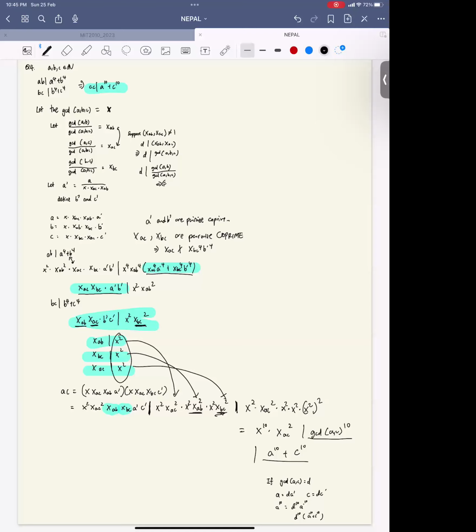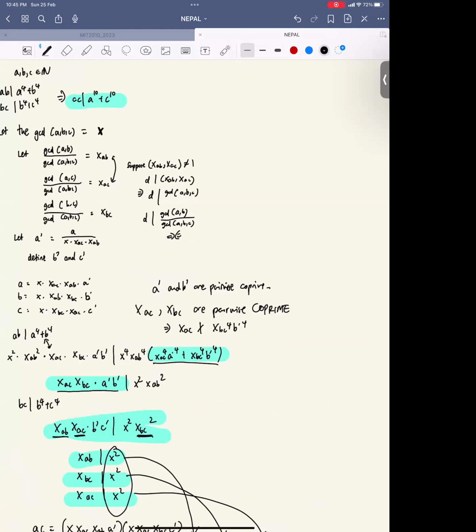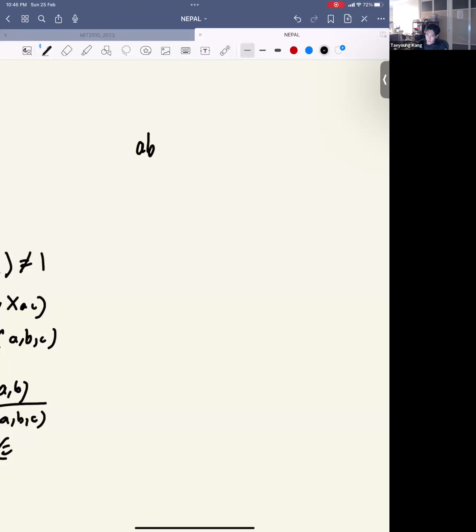But okay, so if I did this problem, I wouldn't approach it this way. So what's your motivation behind going this way for this problem? Because initially I was thinking maybe doing some Euclidean algorithm, like subtracting and factoring out and then probably multiplying. And you realize that the Euclidean algorithm will bring you nowhere, because you have an AB term on your left hand side and we have some exponent, right? Like the Euclidean algorithm,